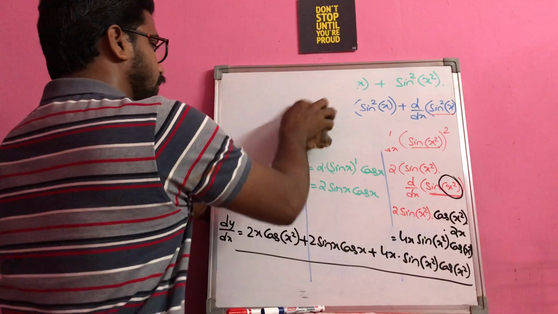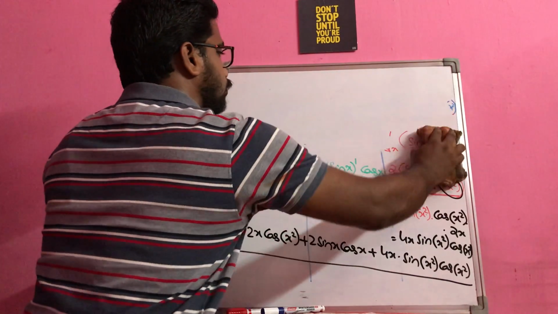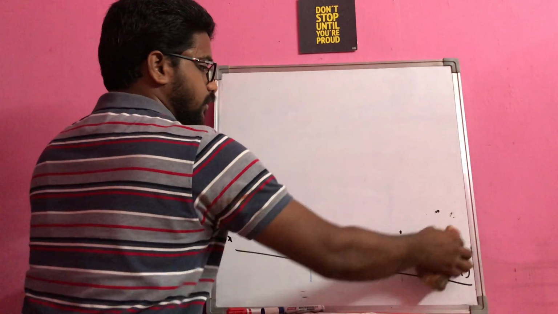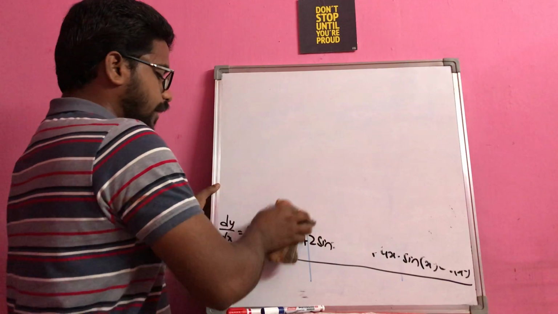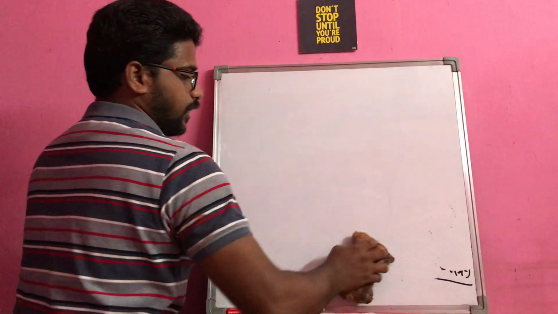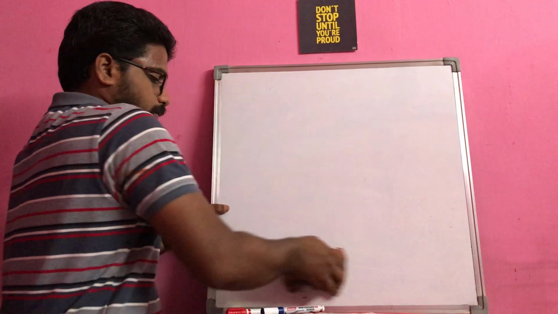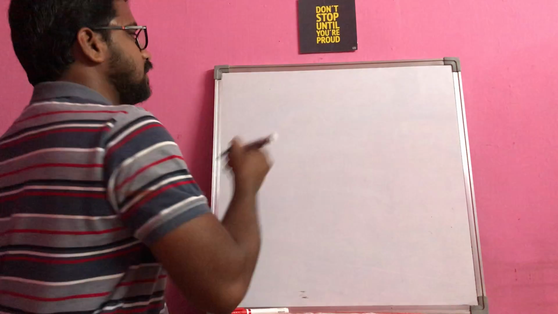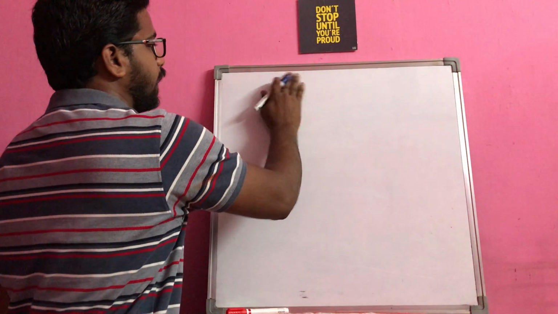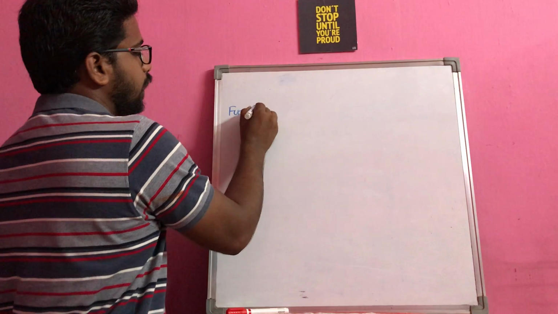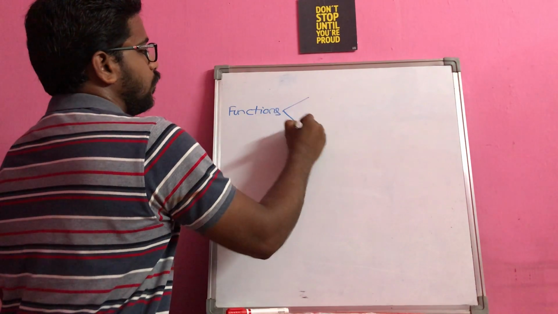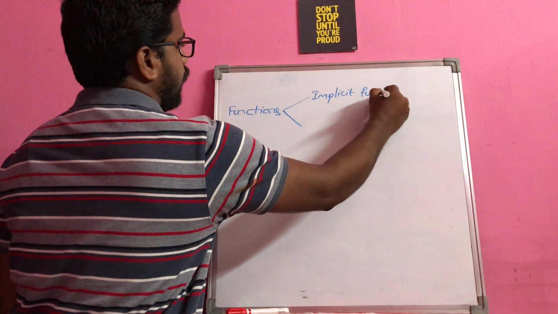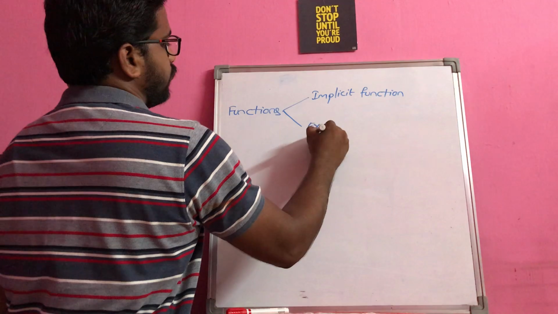Now see, this is all about the chain rule. Now I will tell you the different types of functions based on their representation, how we can classify them, and how to apply differentiation for those types of questions, right? Now see, basically functions can be categorized into two types depending on their form. One is implicit function and another is explicit function.